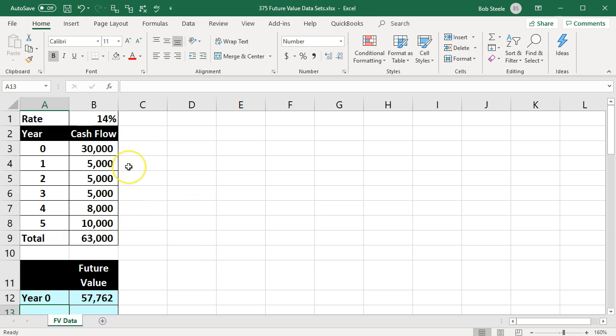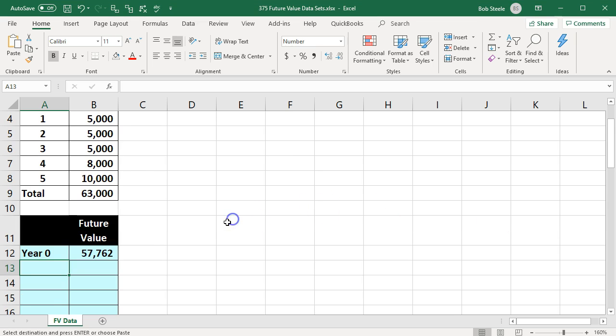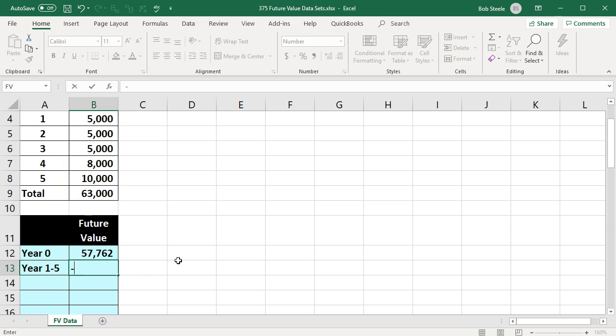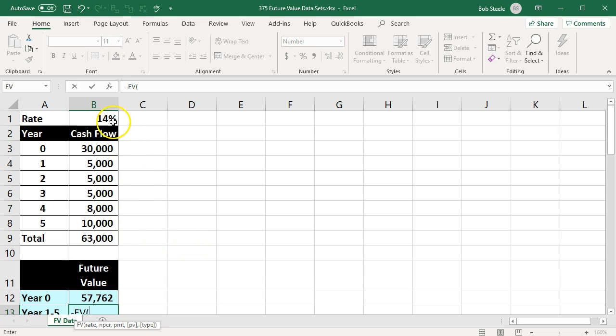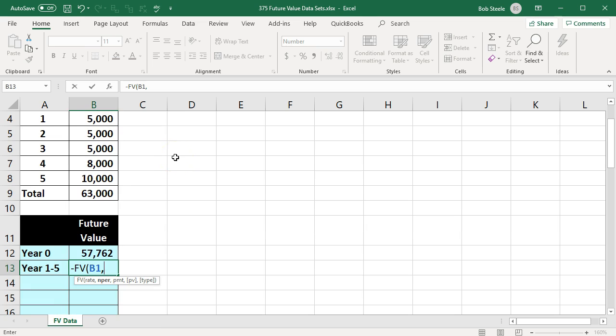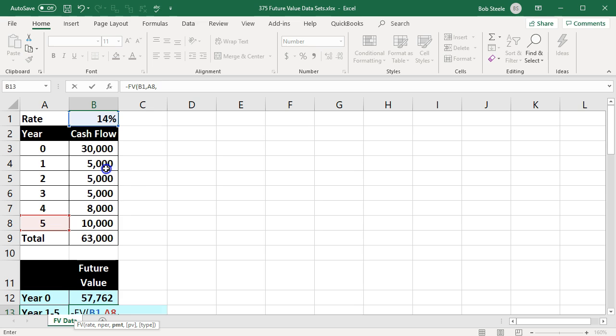Then we'll take the annuity from 1 all the way through 5, saying there's 5,000 included in all these years. So years 1 through 5, we're going to say 5,000, and then we'll account for the added 2,000 here, the added 5,000 here. So the annuity, we're going to say negative future value. Double click the annuity, and we're going to pick up the rate, comma, and then the number of periods, which we're going to say is 5, comma, and now it is going to be a payment because this is a payment of 5,000 that's going to go through all the way to year 5. So it's an annuity. So there it is,